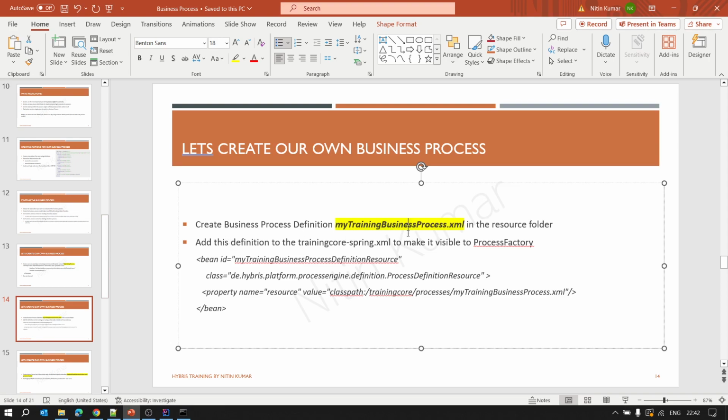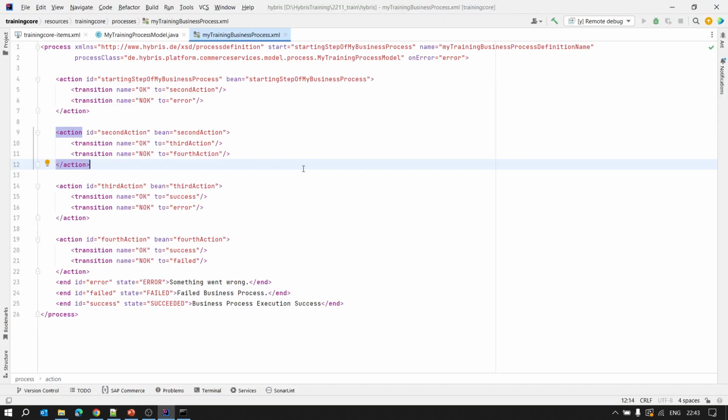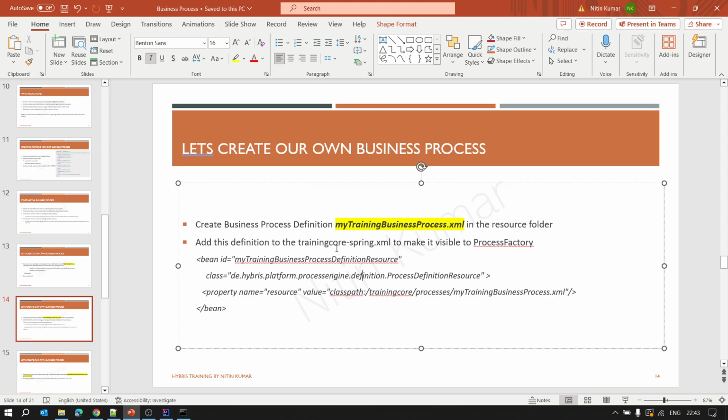So we have created the business process XML, and then it says add this definition to the training core spring.xml file. So in our second or third slide we have mentioned this one, that once you create the process definition, you need to tell the process definition factory that this is my business process XML which you need to execute. So for that you will go to the training core spring.xml file,